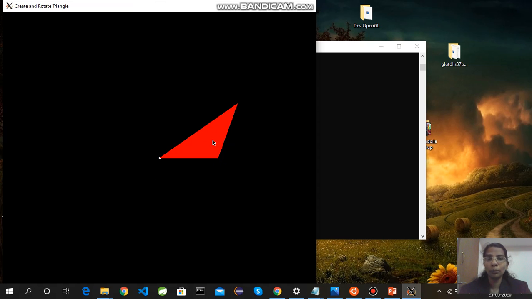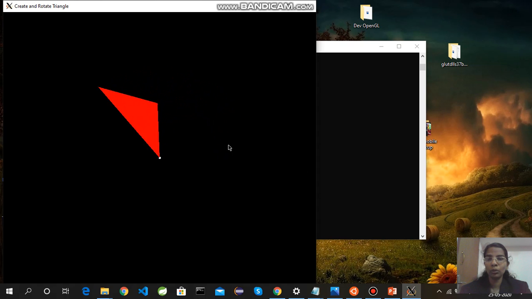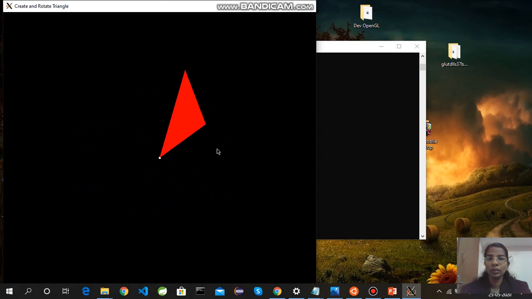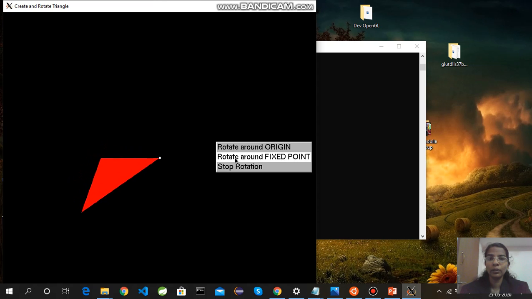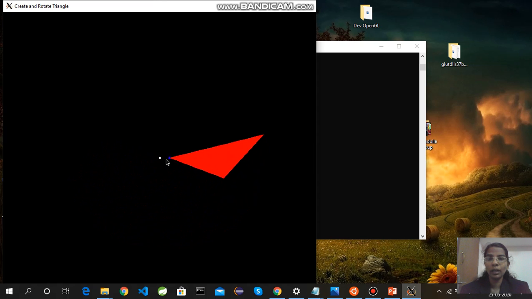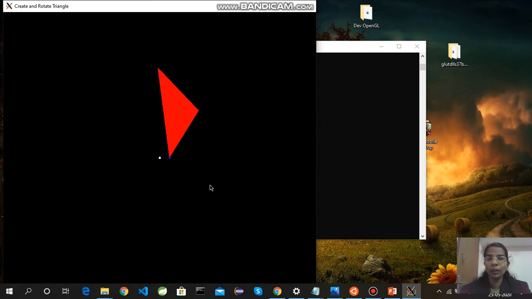Now right click it, you can see these menus, right? Rotate, I'll select the first one, rotate around origin. This is rotating around the origin, right? Right click, next menu I'll take, rotate along fixed point, right? You're rotating